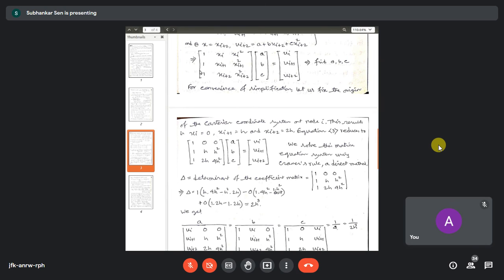Okay, in the second equation, wherever there is xi, the coordinate is h. So xi plus 1 is h, and this is h square. And these things are not changing. And wherever there is xi plus 2 in the third equation, this will be 2 delta x, which means 2h. So you are putting 2h here, and here it is 2h whole square. So this is the coefficient matrix after simplification, this is the right hand side vector, and this is the unknown quantity.